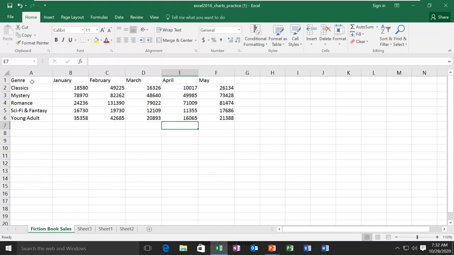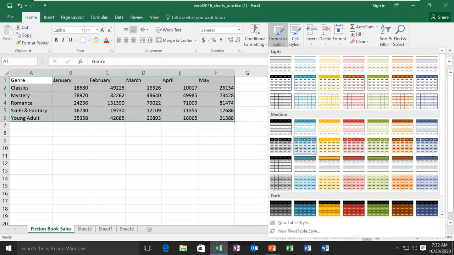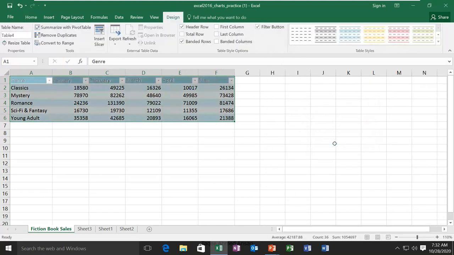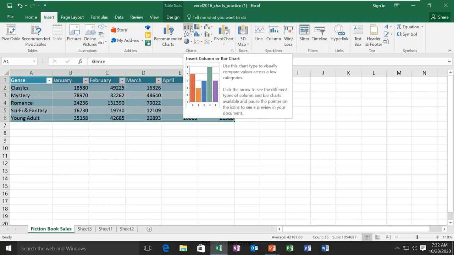So I have this data. Okay, I'll convert it into a table so that it will be easy for us. Now I want to have a chart, so the range is selected, so I'll go to Insert, and from here you have these different charts. There are many charts, but I want to use this column chart.